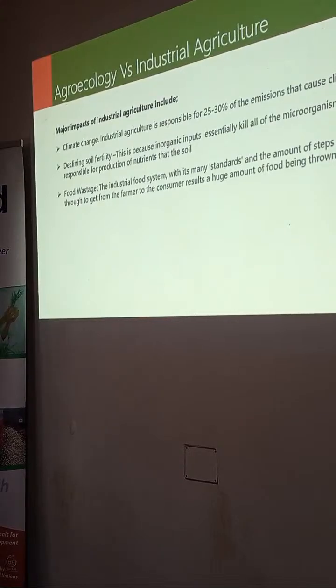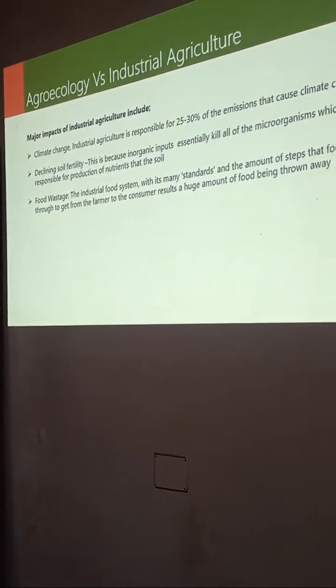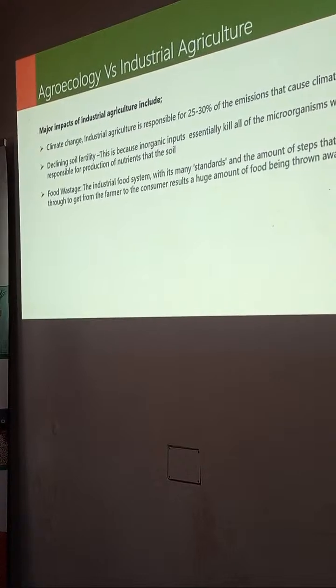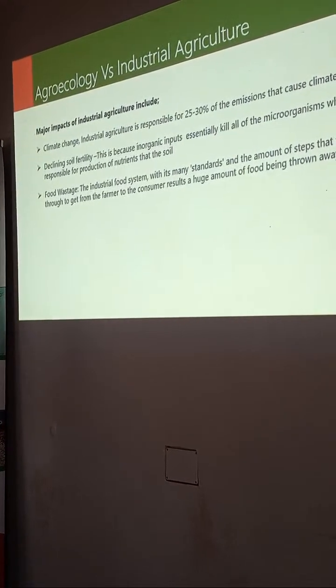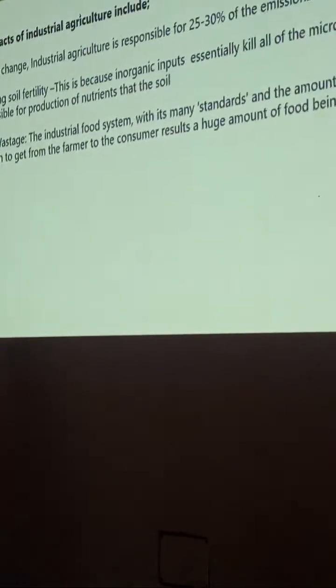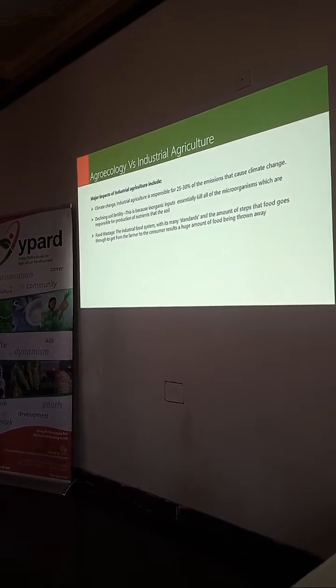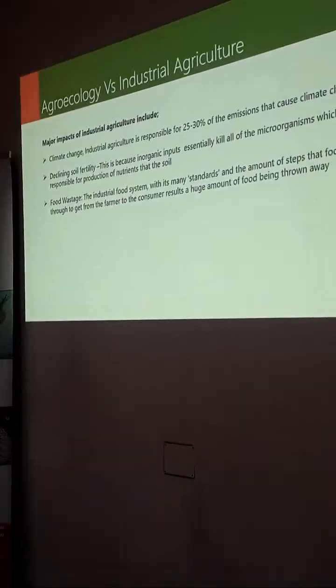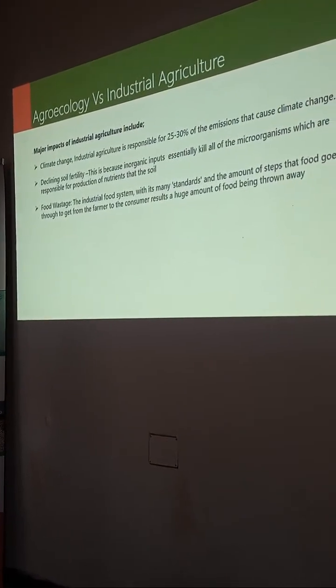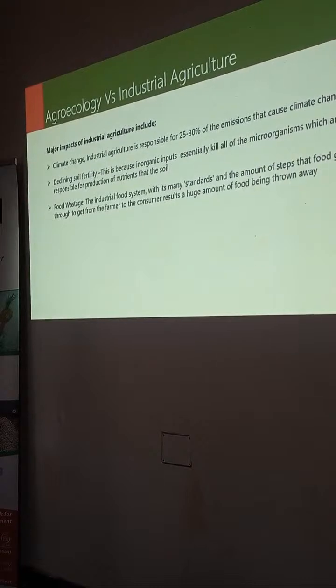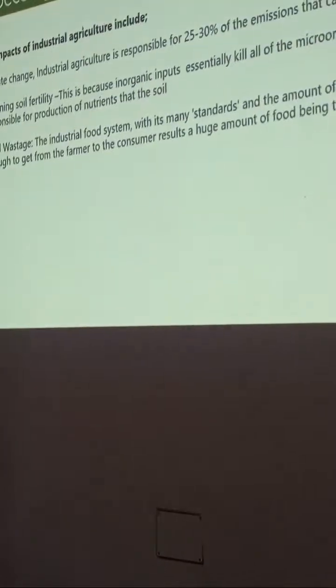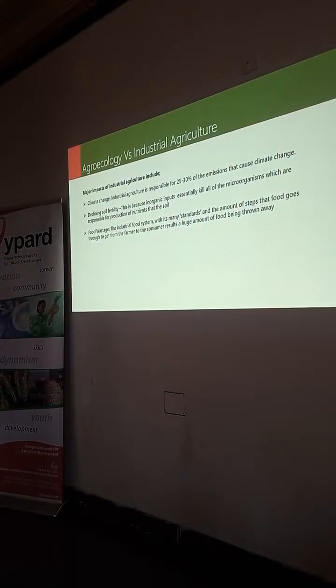Climate change impacts. We already discussed that because industrial agriculture is using more artificial inputs, there is need for massive production of chemicals. We need more inputs. So with the increasing production, we are using a lot of energy, and we do not have control measures to mitigate and handle the pollution and all the kinds of emissions that are happening. So all these are contributing to climate change. And then declining soil fertility, which is also resulting from climate change impacts.